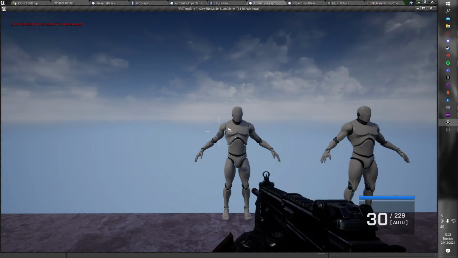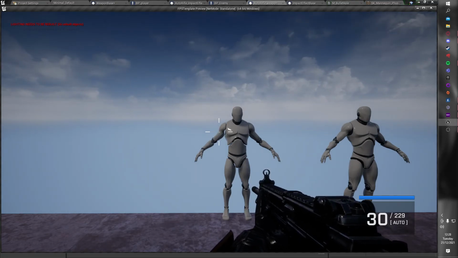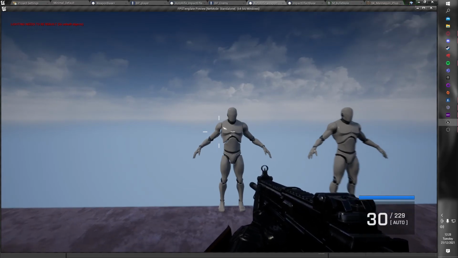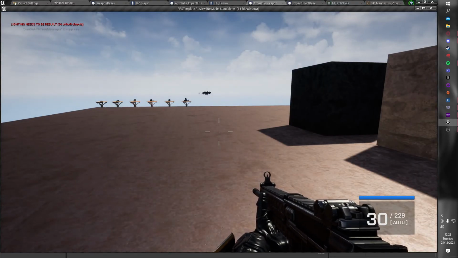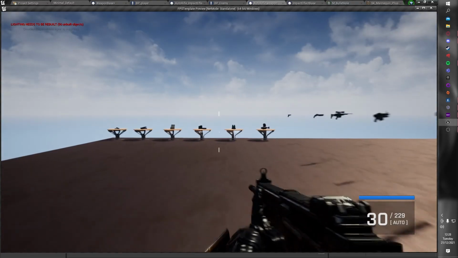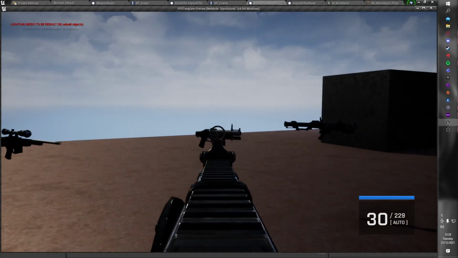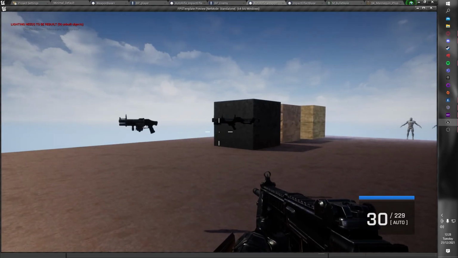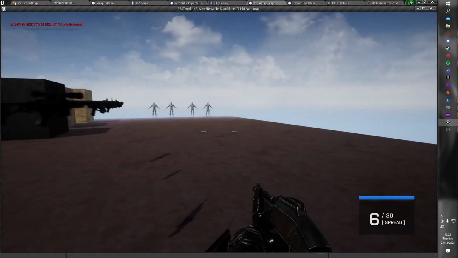Now, what I'm going to be adding next is hit markers, so you know you've hit him, the ragdoll physics, and I'll actually do an update video then, because I feel like they're going to be quite big things. And then what I'll do is I'll set up the sniper rifle, the grenade launcher, and the rocket launcher, because they're all projectile-based weapons. I haven't set projectile stuff up yet, but I can show you the aim down sights